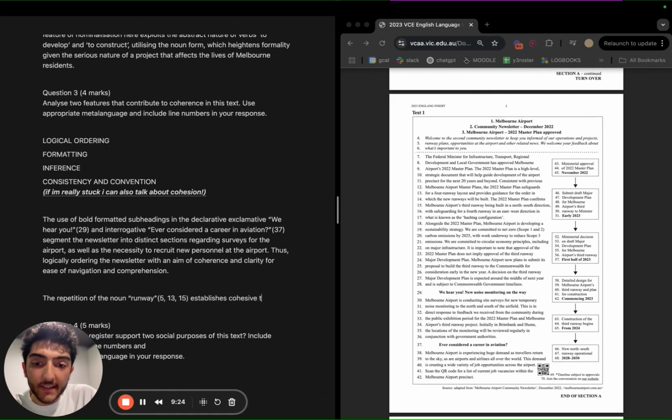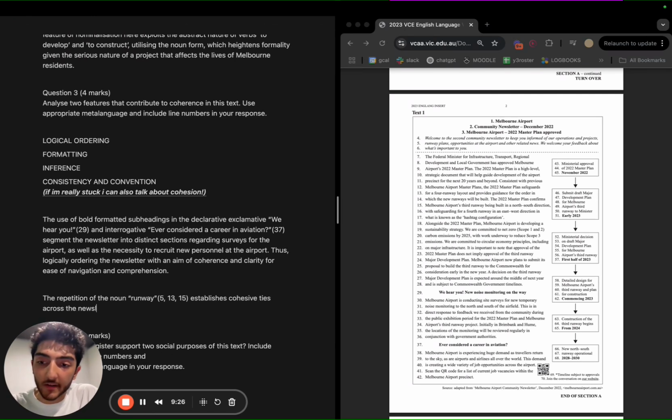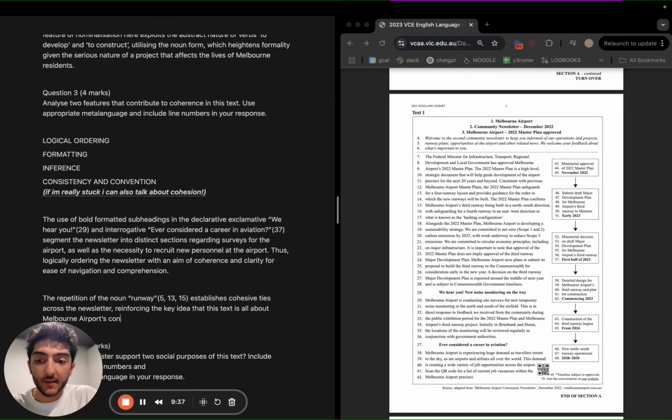Establishes cohesive ties across the newsletter, reinforcing the key idea that this text is all about Melbourne Airport's construction.